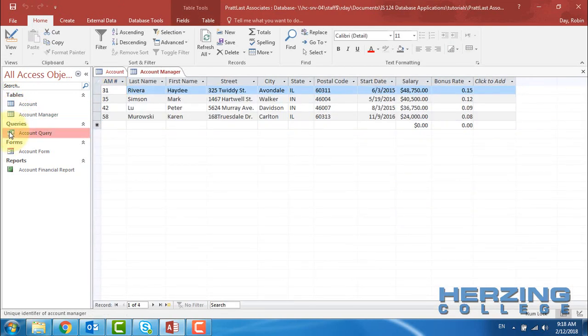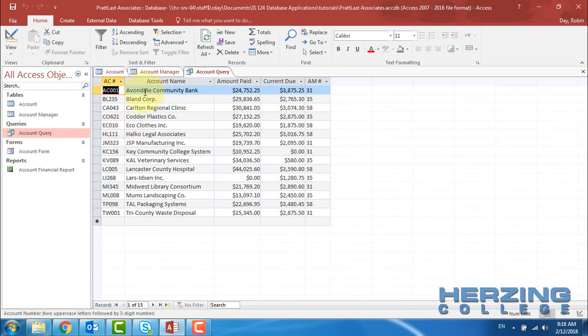In our last video, we created the account table and the account manager table. We also created a basic query called the account query. This basically just returned values from the account table, removing some of the fields. Today we're going to look at queries in more detail. We're going to look at different types of queries that we can make and how we can use those queries